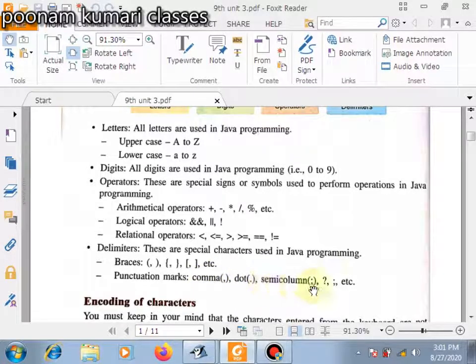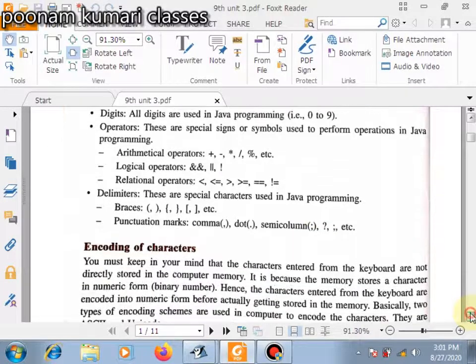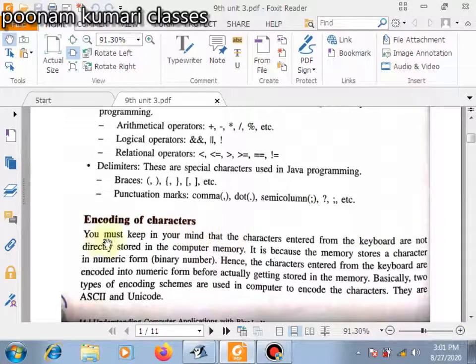Next is encoding of characters. You must keep in mind that the characters entered from the keyboard are not directly stored in the computer memory. When we type anything on the computer, that is a high-level language, and the computer understands only machine-level language. So the characters which you enter on the keyboard are not directly stored in the computer memory. Why?